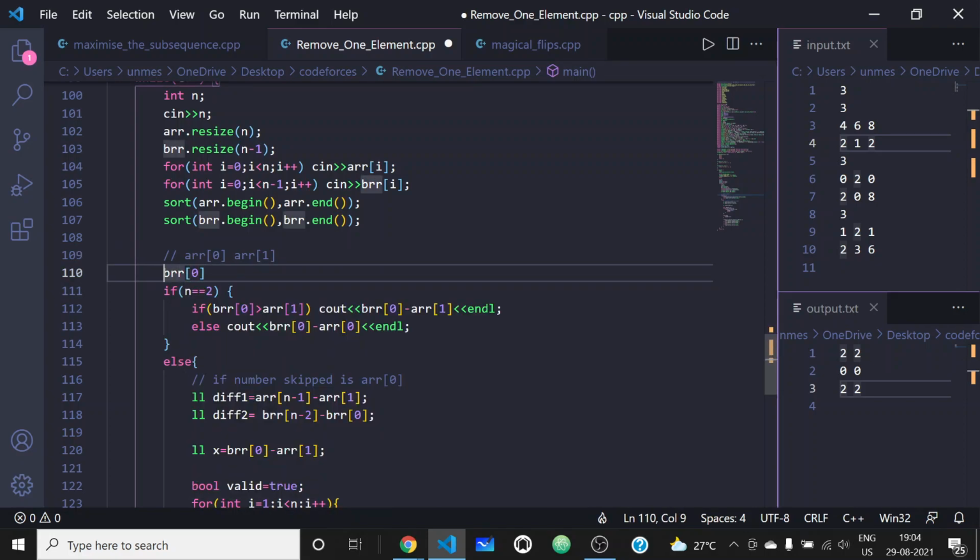Since n is equal to 2, only one element will be given as output. So there is a possibility that this element was chosen or this element was chosen. Since this has been sorted in ascending order, this element will be higher, right?